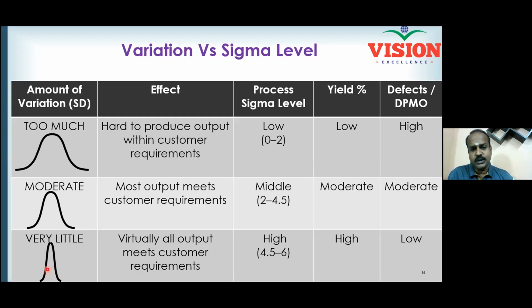Rather, you always get your process taller in the center. At the same time, it should be narrower. The control limit should be closer to the center. That means virtually everything you produce will meet customer requirements, because your control limit, even after shifting, will still stay inside the specification limit. You are simply making failures a rare event, right? And so your sigma levels will be high, in the order of 4.5 to 6. That means your success rate will be very, very high. This is what we call 99.999. That means your DPMO, PPM will be very, very rare.